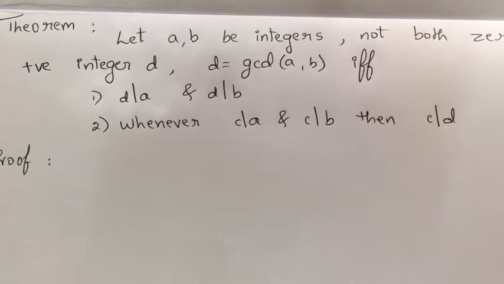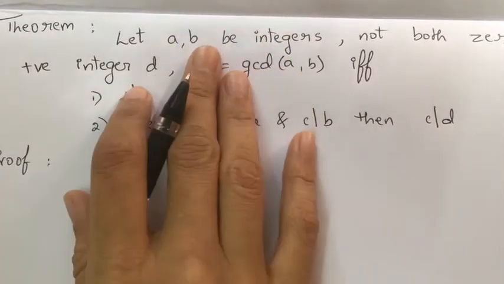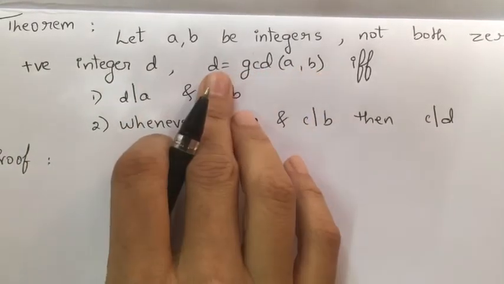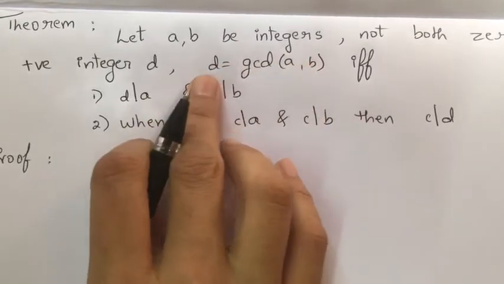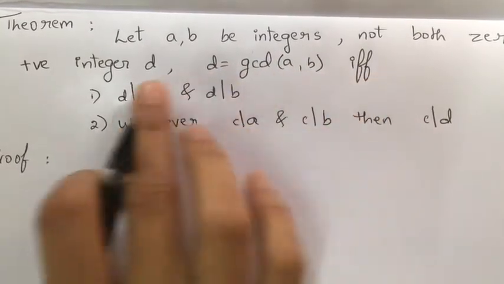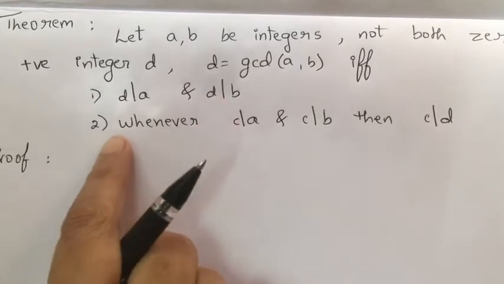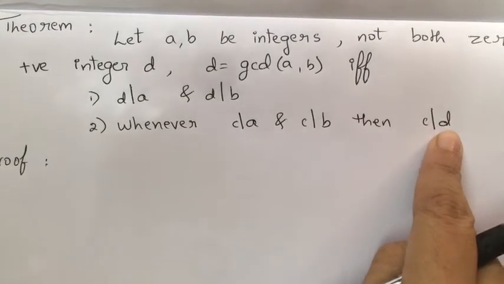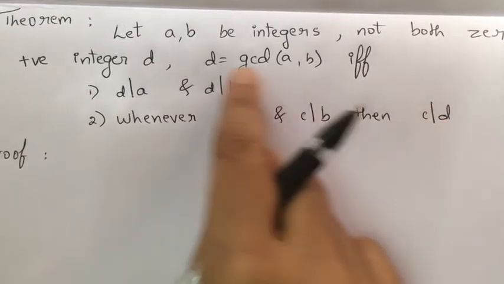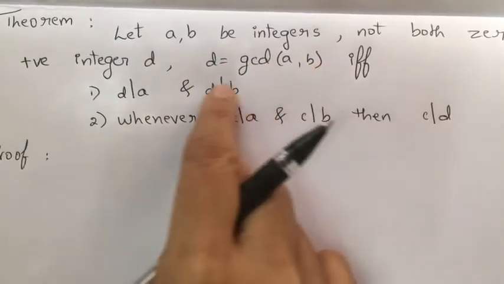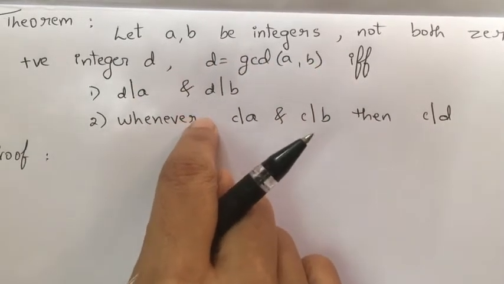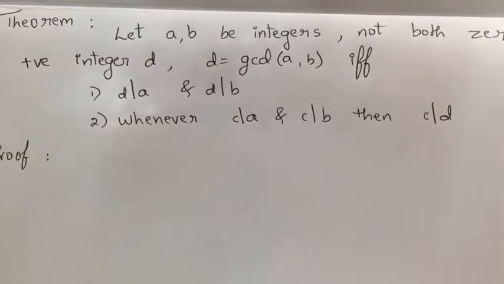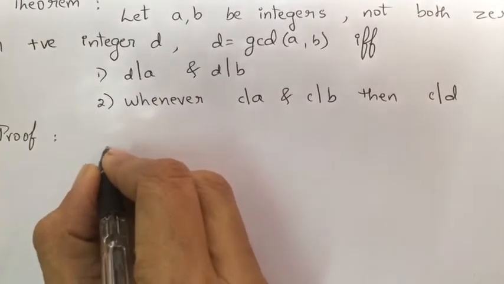The theorem says: for integers a and b, not both of them 0, a positive integer d is the GCD of a and b if and only if d divides a and d divides b, and whenever c divides a and c divides b, then c must divide d. I have to take d as a GCD of a and b and prove these two conditions. The second part is I have to take up these two and prove d becomes a GCD. Okay, first part, let us take